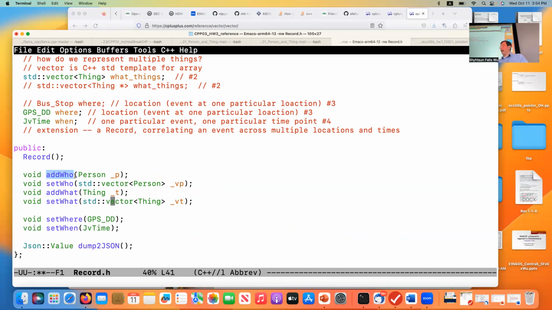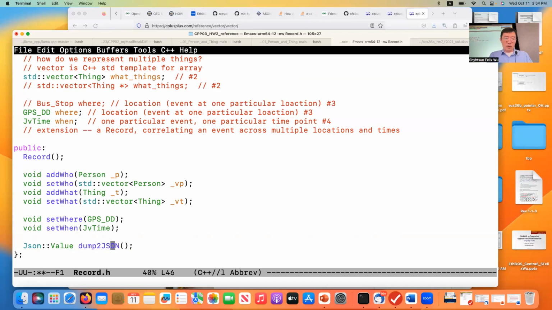You see that I'm actually adding a person to my event, right? I have to have that function for me to do that. You can see that I'm using person_p to do that, okay? All right, then I have a function which I started telling you about, called dump to JSON. This is the first time we're going to start to see why we need this function called dump to JSON. But today I just want to show you